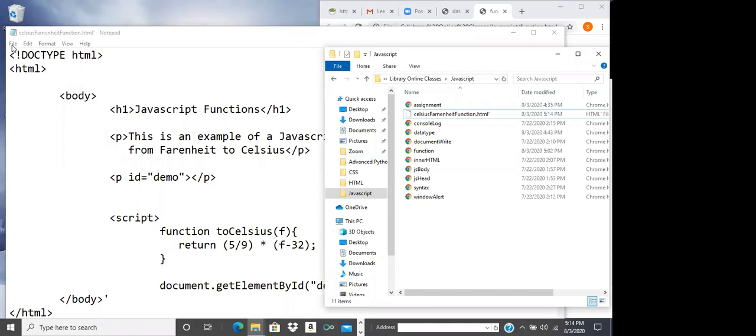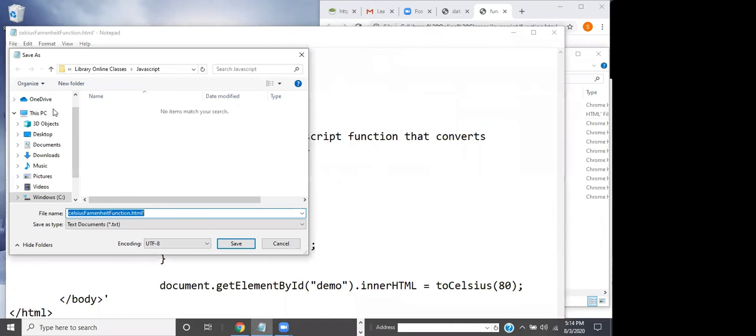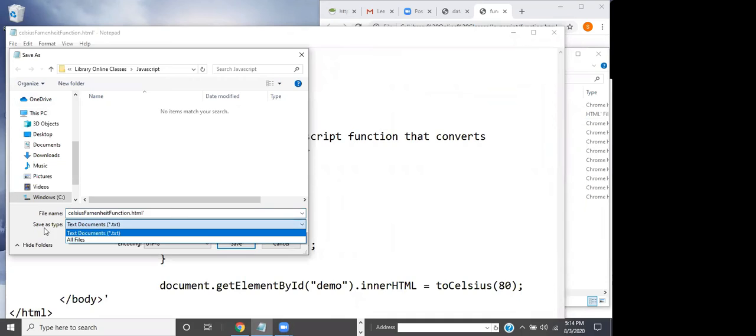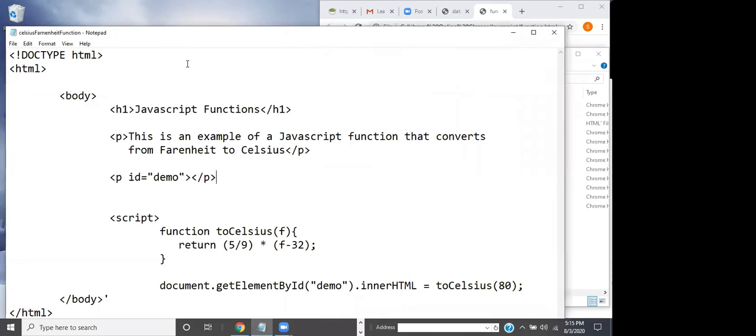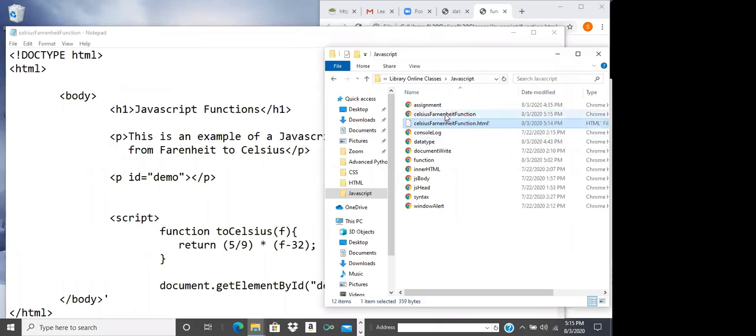So what I'll do is I'll do a file, save as, and in Notepad I have to remember to change the save as type from text documents .txt to all files. So now it should be okay. And I will save it. And now I can go into Explorer, if I can find it. There it is. I'll double click on the file Celsius Fahrenheit function.html